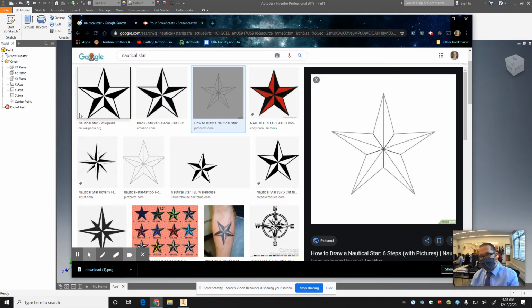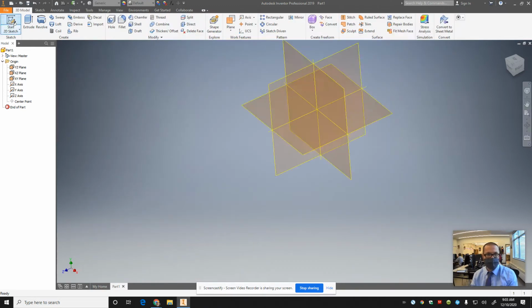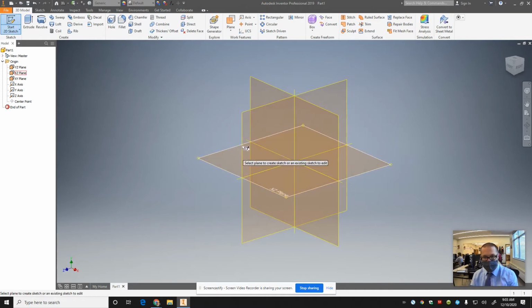It's harder than it looks because you can't just make a square star and then chamfer it. Doesn't work. So we're gonna do some lofts. We're gonna draw a triangle, loft it down to a point, and then try to circular pattern it. The thing I forgot to do was bring the star image into my sketch. So first thing I'm gonna do, I guess I'll